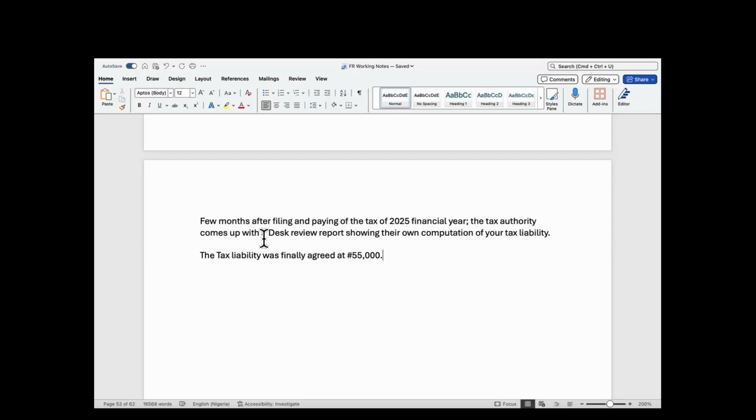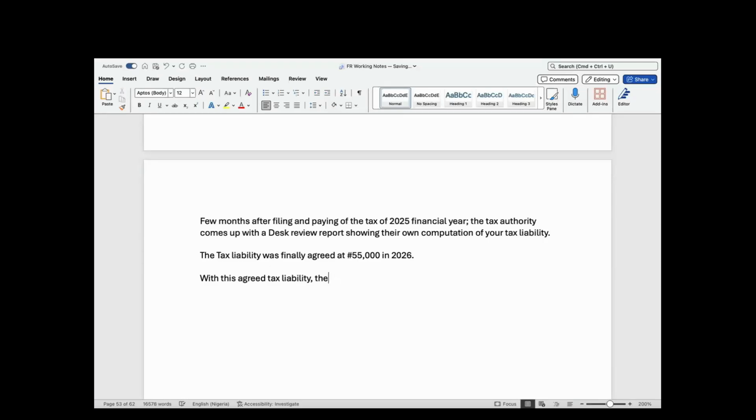And you know that all this is going to be happening in 2026 in respect of 2025 taxes. So with this agreed tax liability,